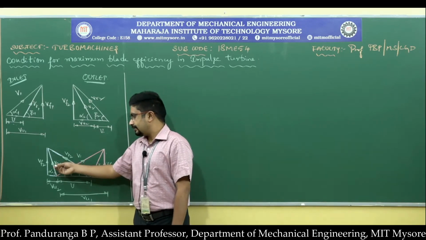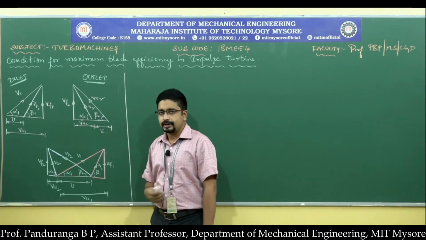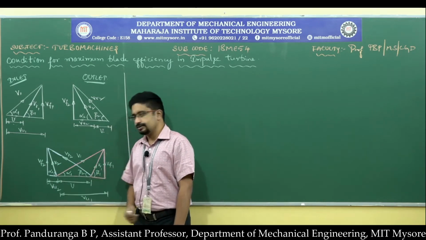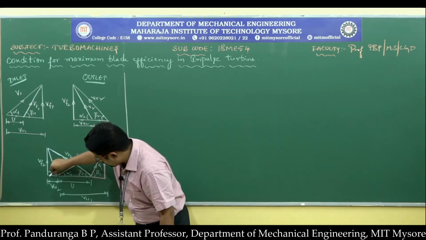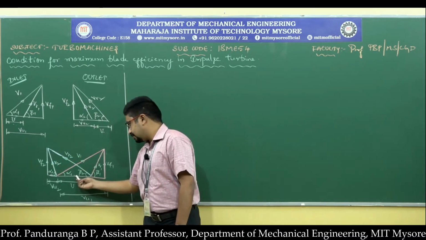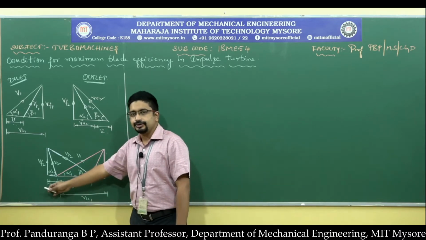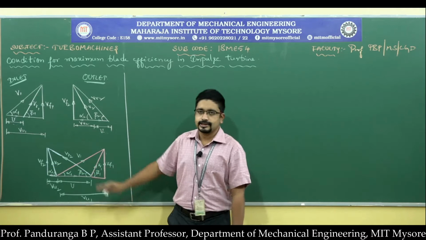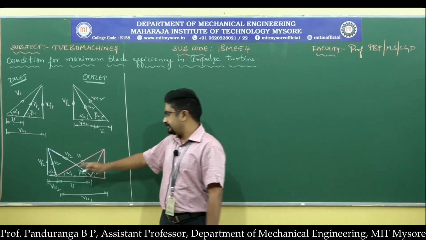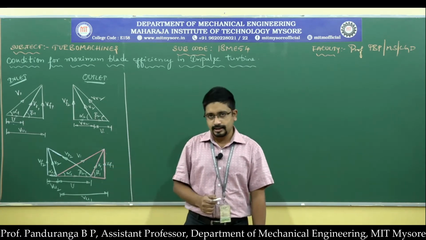Now I have V2 here, that can be split into vertical and horizontal components. The vertical component is VF2 and the horizontal component is VU2. The direction of VU2 is opposite to that of U. So U is towards right and VU1 is also towards right, VU2 is towards left. So this is the triangle which you need to remember. We will be solving problems by constructing these kinds of combined velocity triangles.